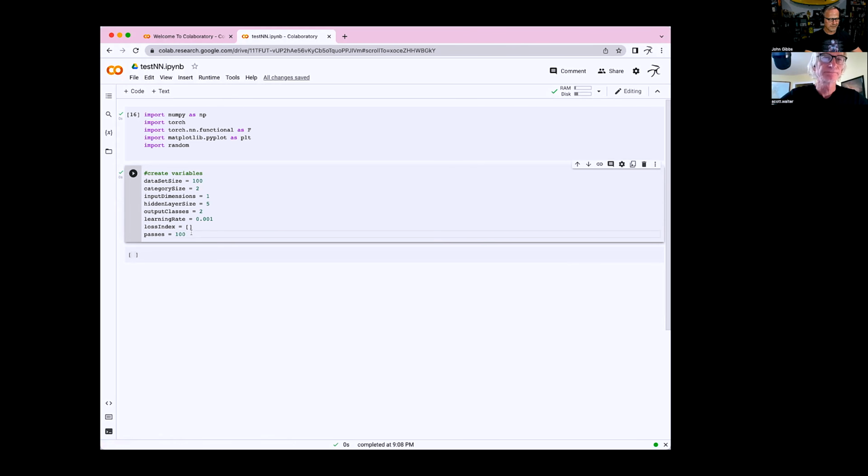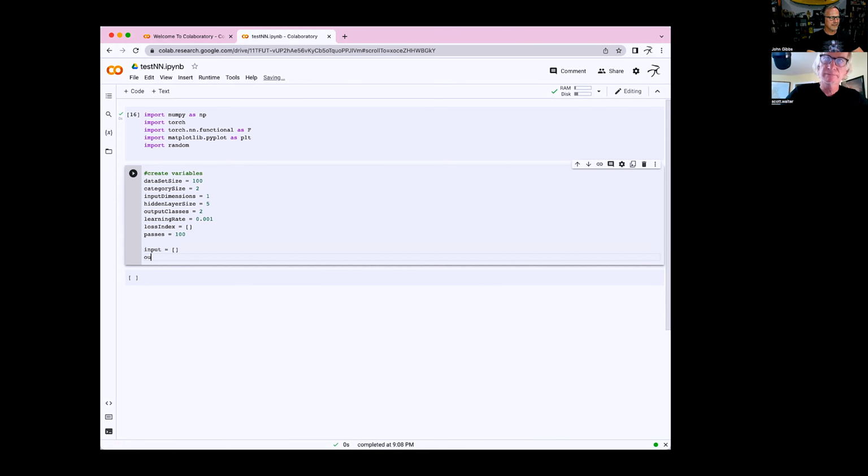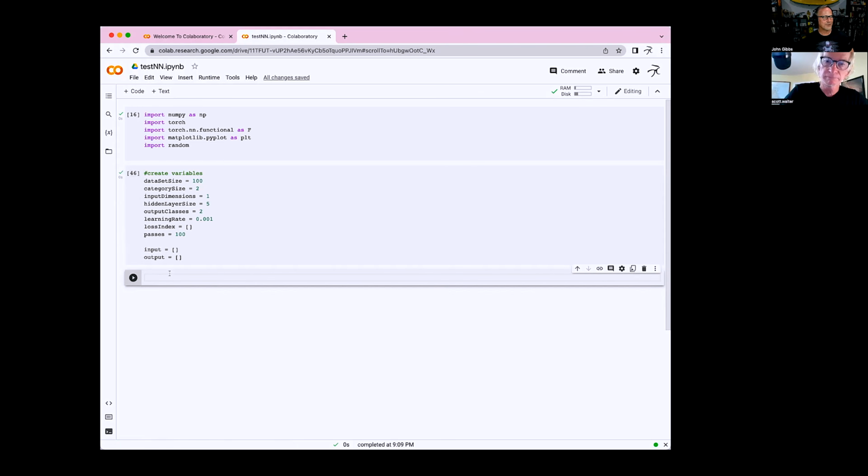Okay. Sorry. Let me do one more thing. I meant to do two more. Input equals, this is another empty list, and output. Sorry, I'm doing this in a slightly different order than I did in my trial run ahead of time. So the reason I've got that is because the very next thing we're going to do is create